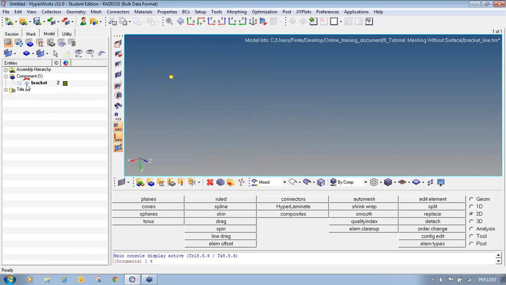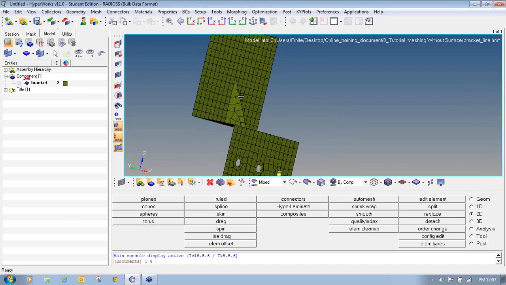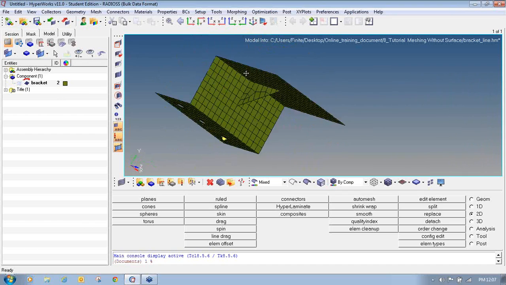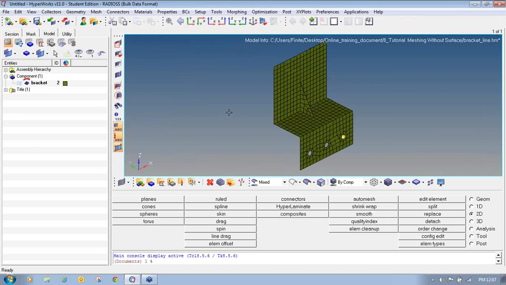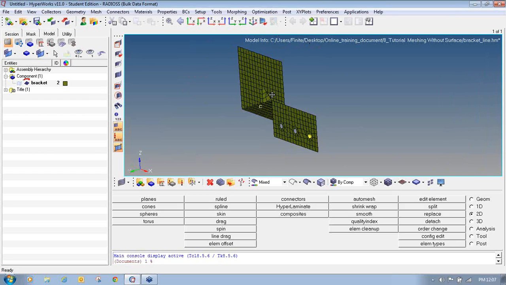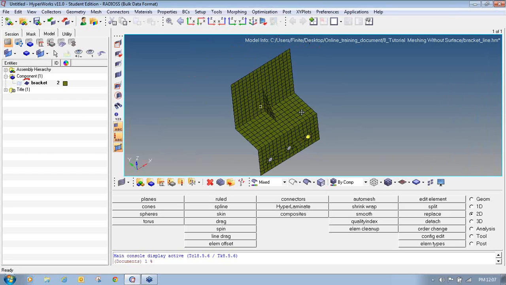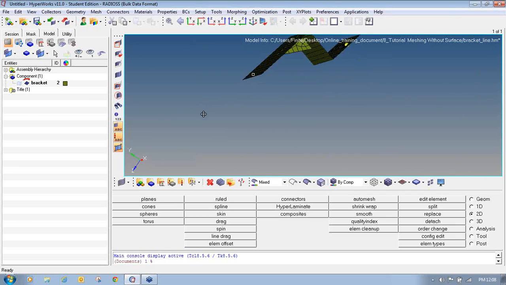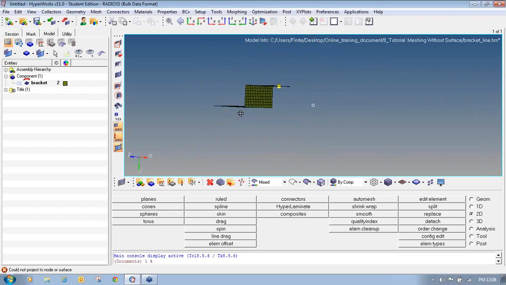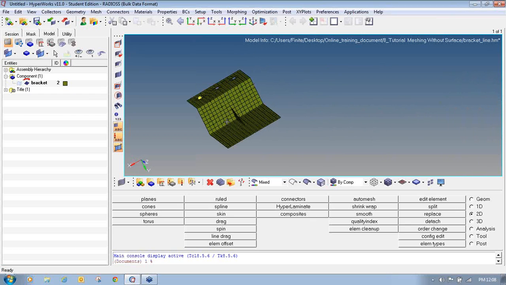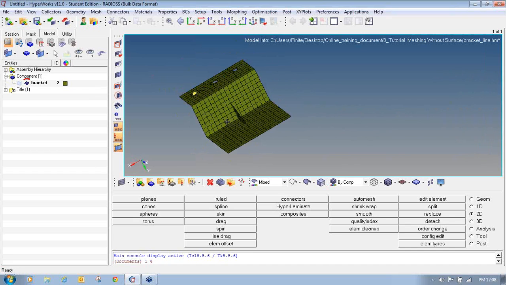And if I turn off this surface and turn on the meshing, you can see the complete meshing of this particular component has been generated. So in this way my complete model has been meshed even though I don't have any surfaces. So even without having surfaces, you can do meshing by using these different panels available in HyperMesh, that is rule, spline, skin, line drag and drag.